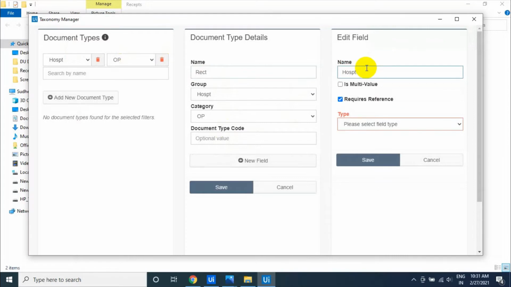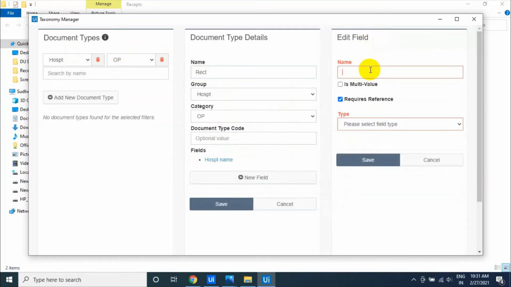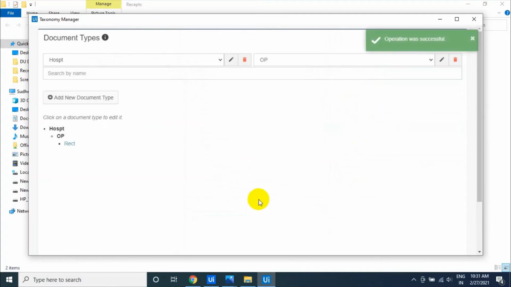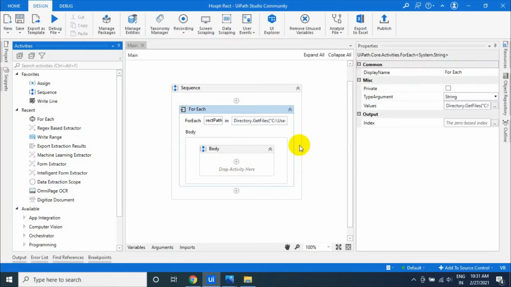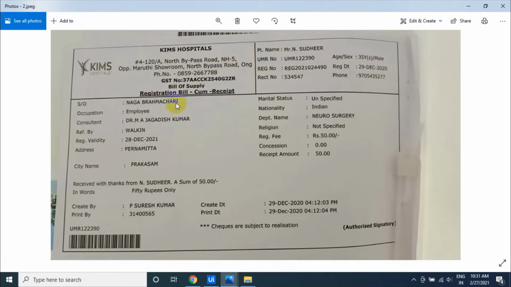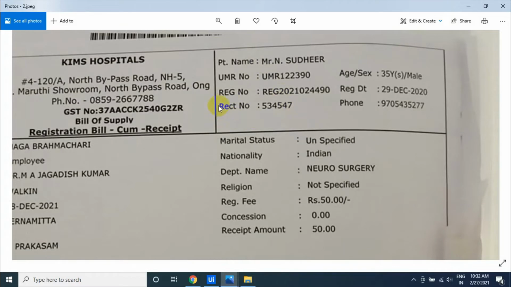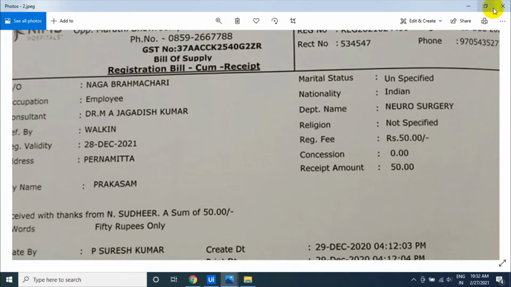Hospital name, that is text. The next one is total amount, how much the amount is, that is a number. The next one is receipt number or invoice number, that is also a number. These are the three fields we are extracting from the invoices. Basically, there is the receipt number, the hospital name at the top, and the total amount here.